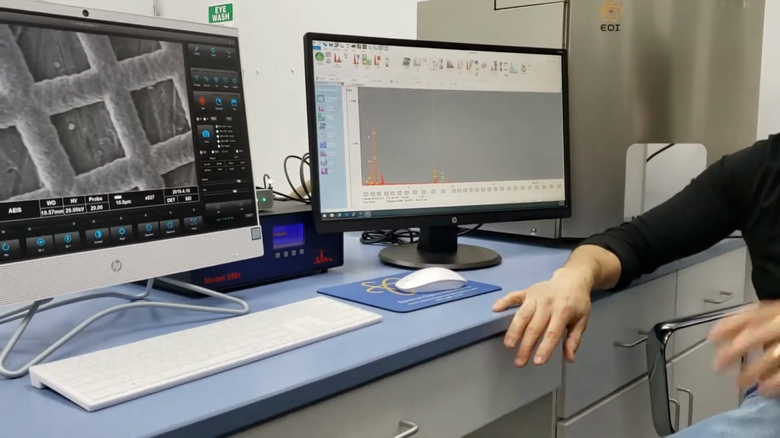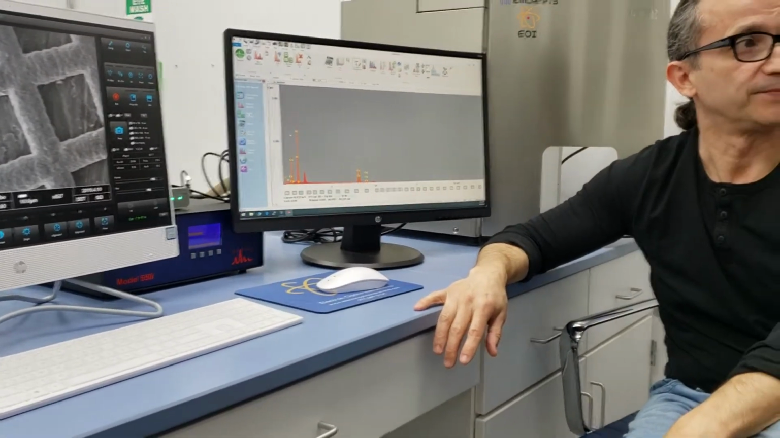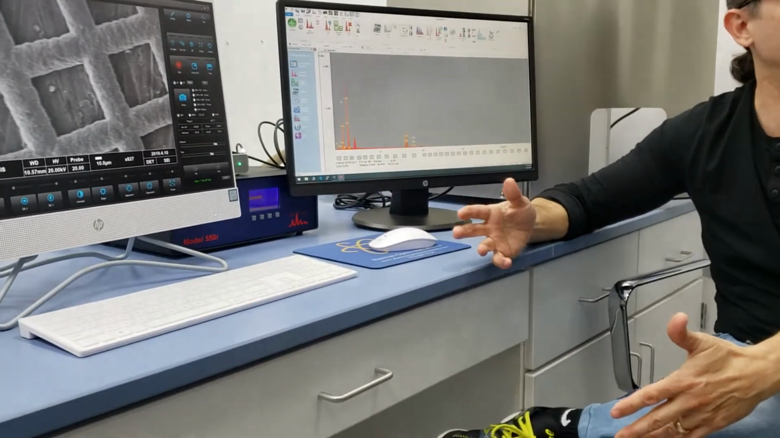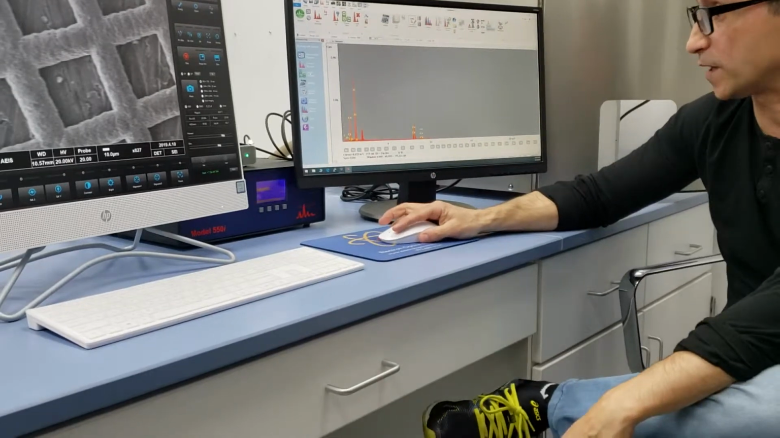Which I recommend you guys using auto ID. Sometimes auto ID gives you a lot of arbitraries. In this case it didn't, it just left out one of the elements. But auto